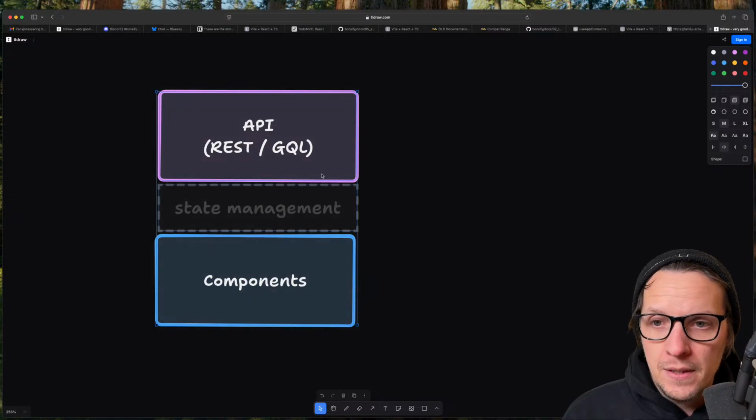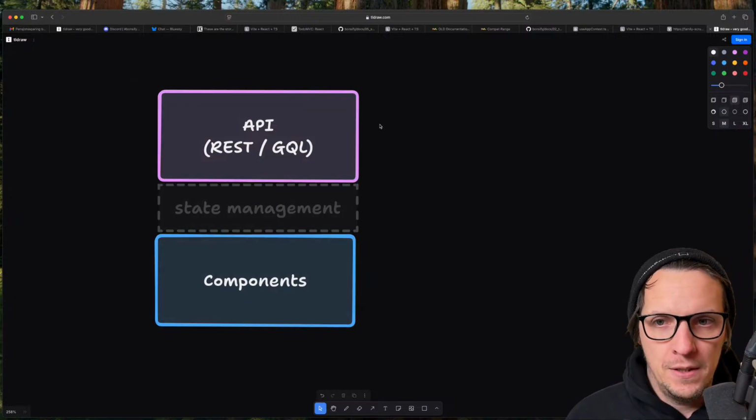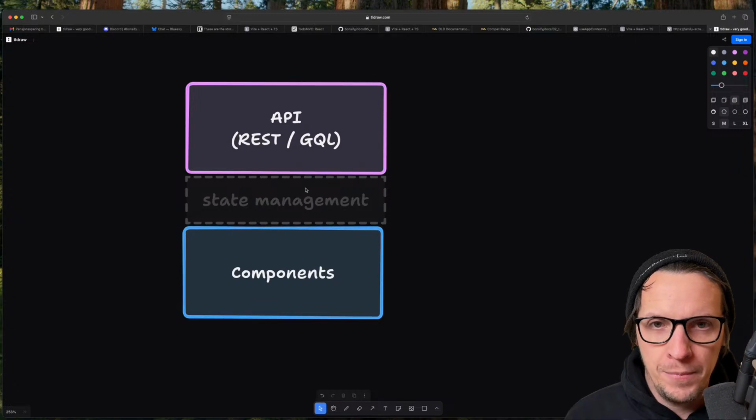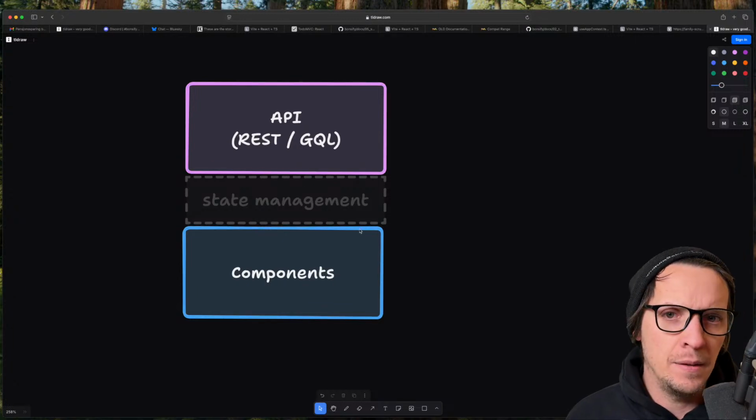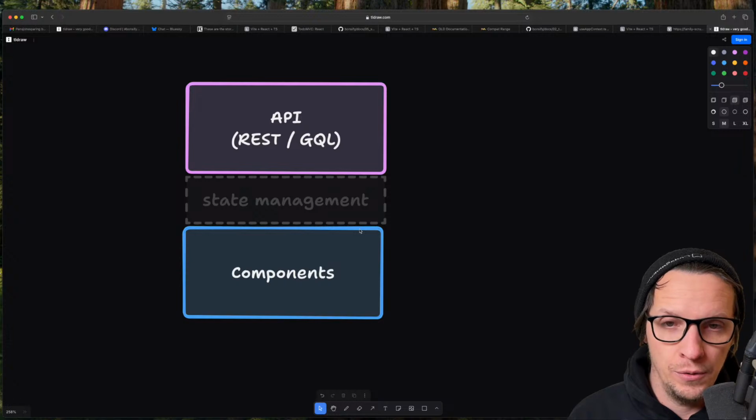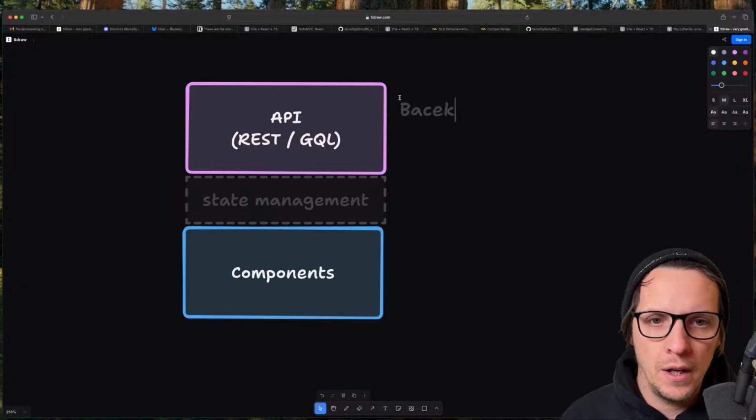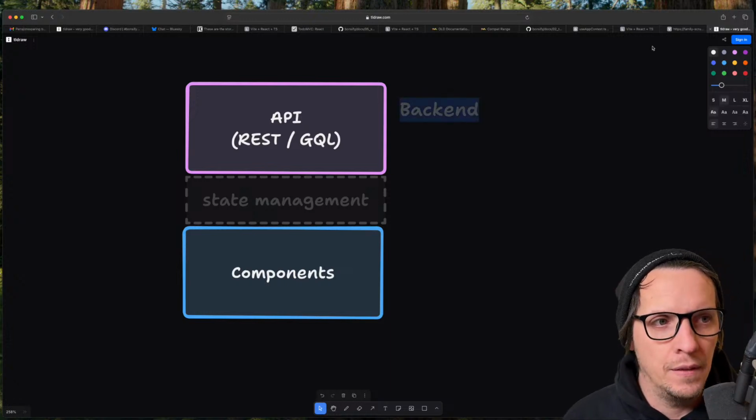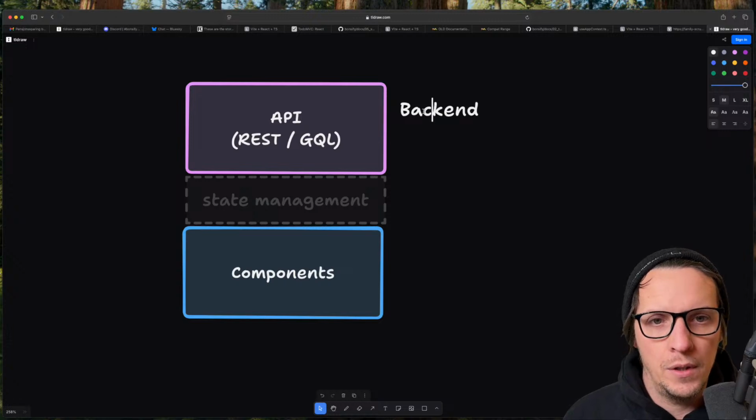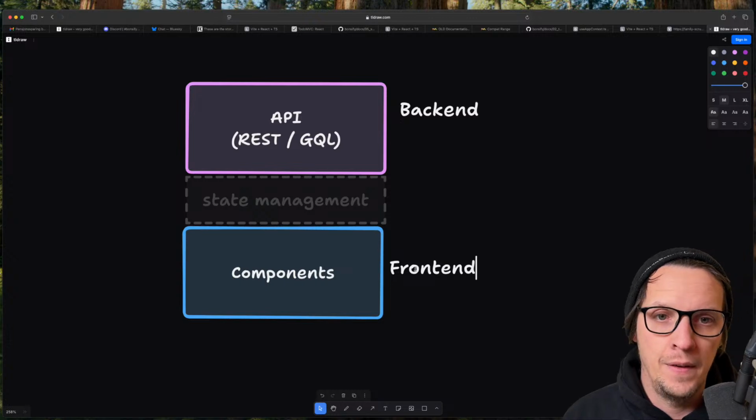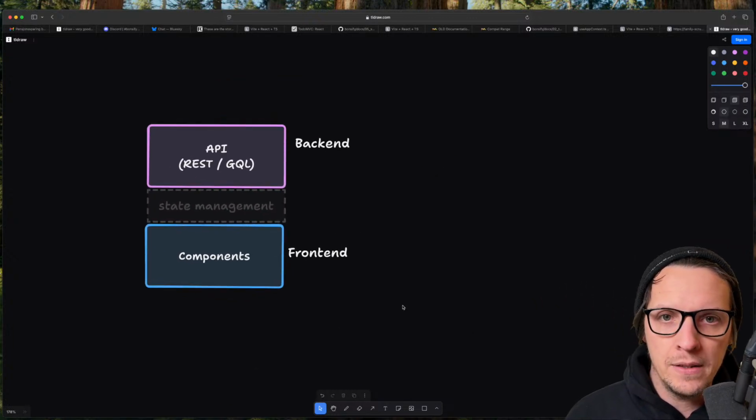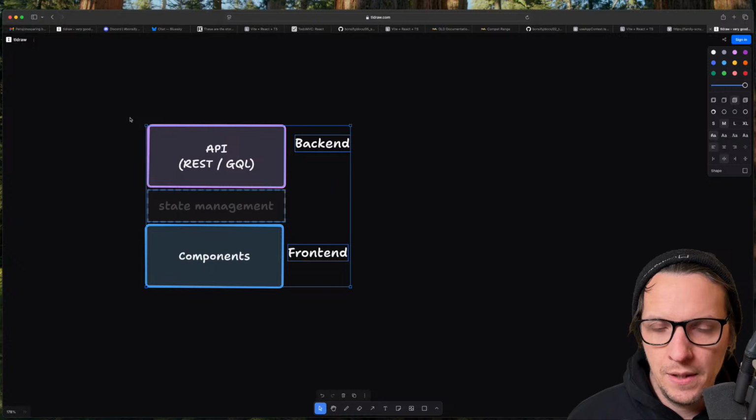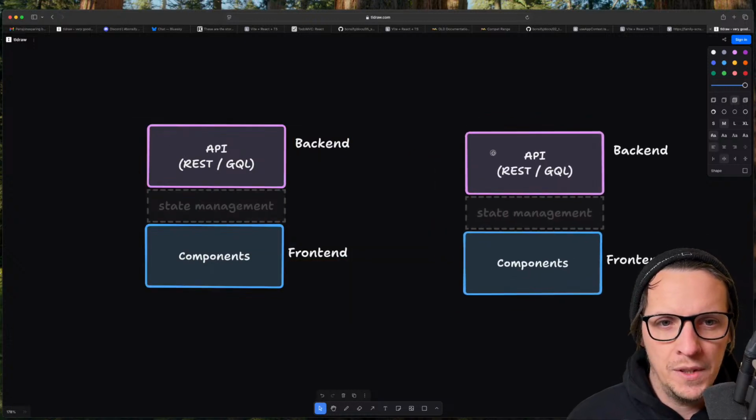But another aspect of this is the way we develop this. Maybe you're working alone on an app like this, and you're a full stack engineer working on the backend and on the front end. So we kind of call this the backend, right? And then we call this the front end. But as the complexity of the app increases and there's a team, what typically happens is